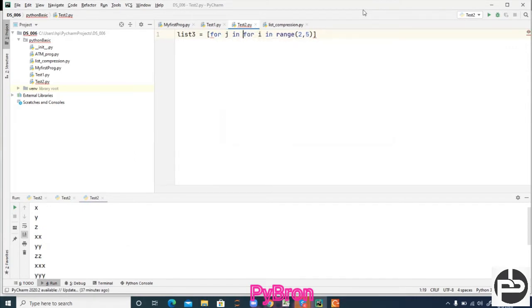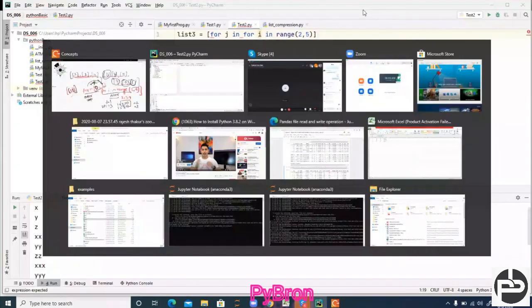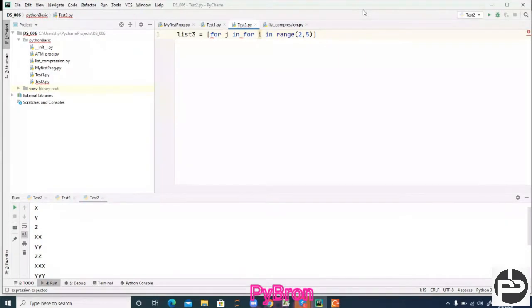Instead of writing a list here, I can write range 0 to 3. That is also possible, you can try. If you want to learn this kind of thing, do it, then only will you be able to understand.